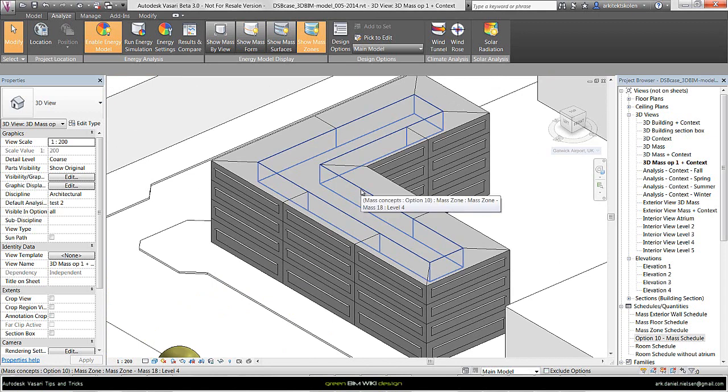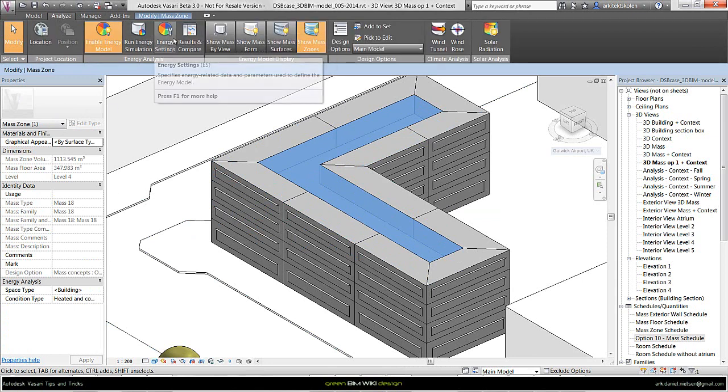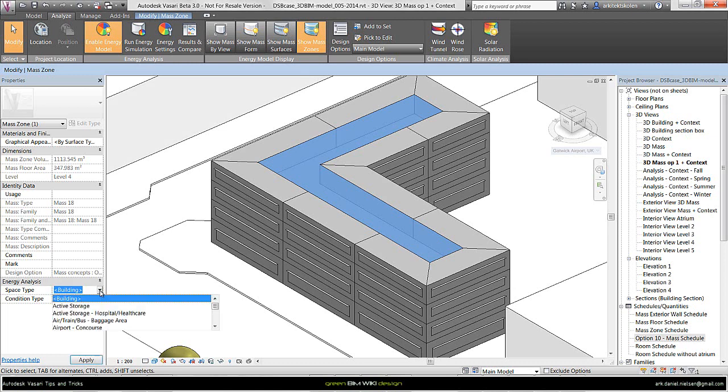For example, if this one was some toilets and so on, I can change this by selecting it, and under properties, under space type, at the moment there's written building, and this means that it takes the settings from the energy settings that are specified here on our energy settings. But if I click here and select some of the others, then this specific zone will have other properties of